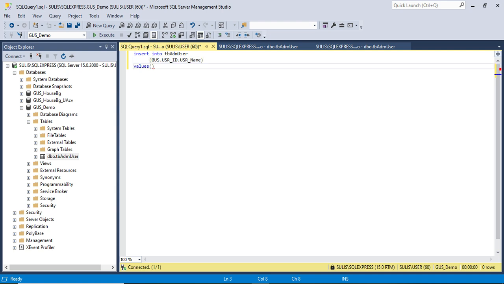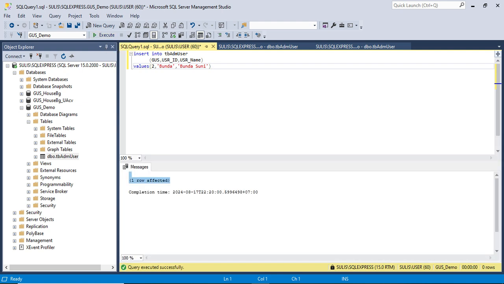The values will be, for example, number 2, user ID, and username. And now, let's execute.